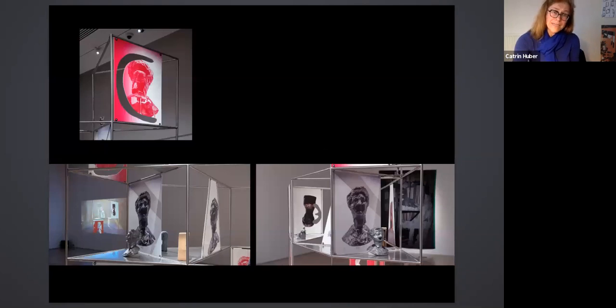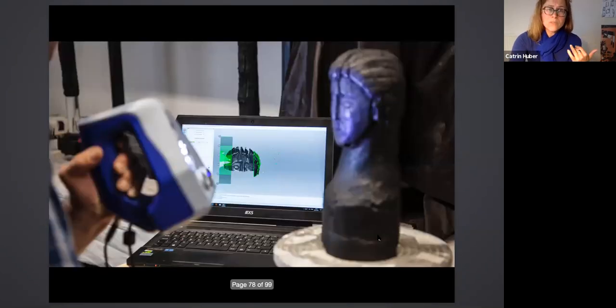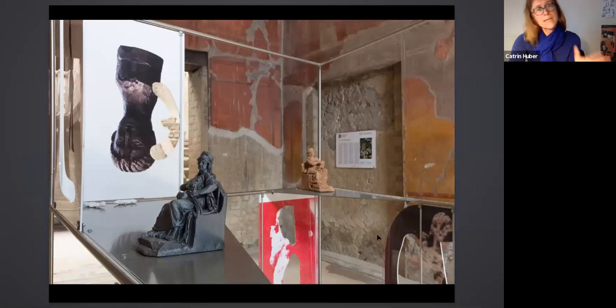And another one of the other figures was Livia. There's a really beautiful silver bust of Livia, the wife of Augustus. About her, there's a lot known, this really powerful woman, and I like that they are all sort of brought together in an installation and very much out of context, but they all more or less have to do with the house, which I think is quite interesting as well, having been shown in a Roman